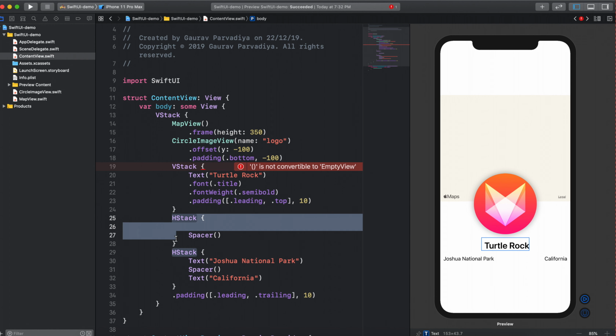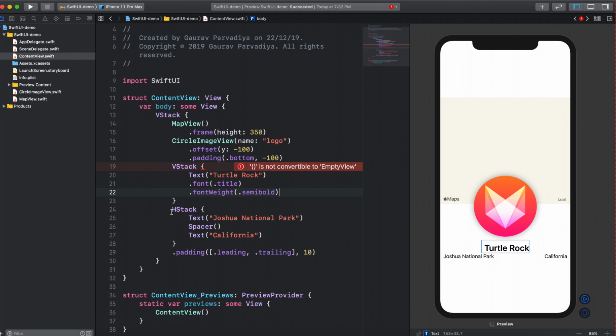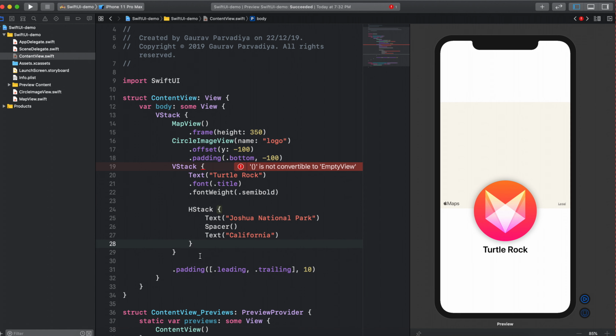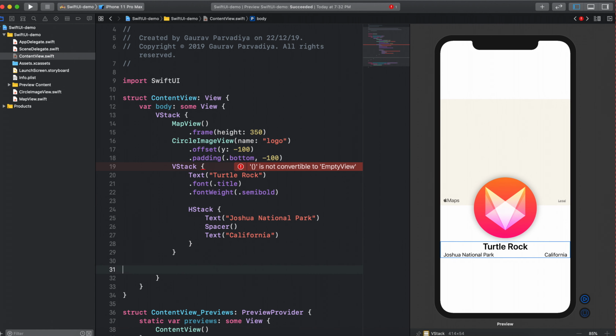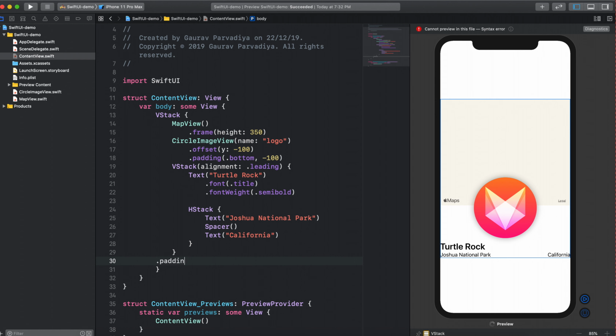and I'll remove this h-tag. I don't need it anymore. I don't need the padding either here for now. And let's add this h-tag inside this one, inside the v-tag. Yeah, and you see our solution is cleaner now, with alignment to dot leading. Alignment is leading. Now what we need is that we just need to give the padding to this stack, and